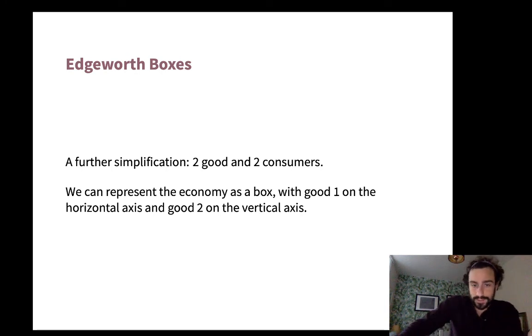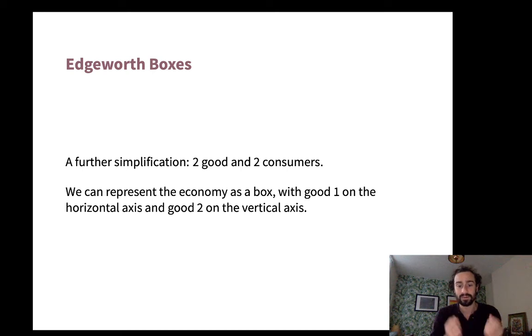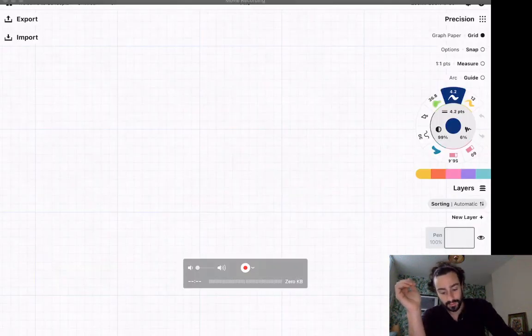So we're going to make a further simplification. We're going to assume that there are two goods and two consumers, and that's it. This allows us to have a graphical interpretation of exchange economies. Of course, it severely limits what we can talk about. There are many very interesting cases where there are many consumers, many goods, potentially infinitely many goods and consumers, where all sorts of things matter. But right now, we're thinking about just two goods, two consumers, and it's going to allow for a very parsimonious graphical interpretation. So what does that look like?